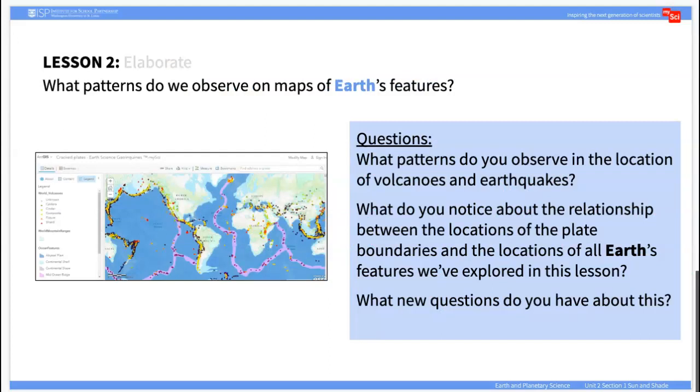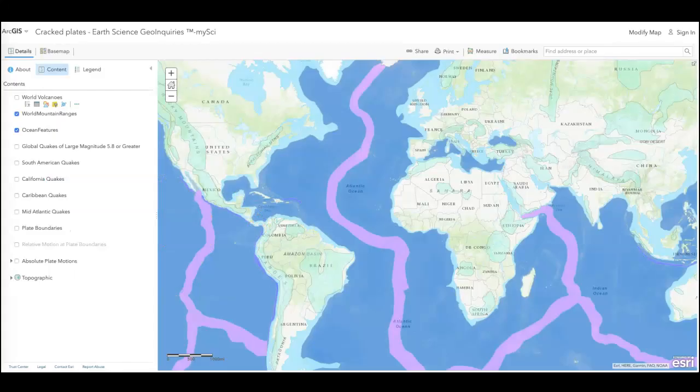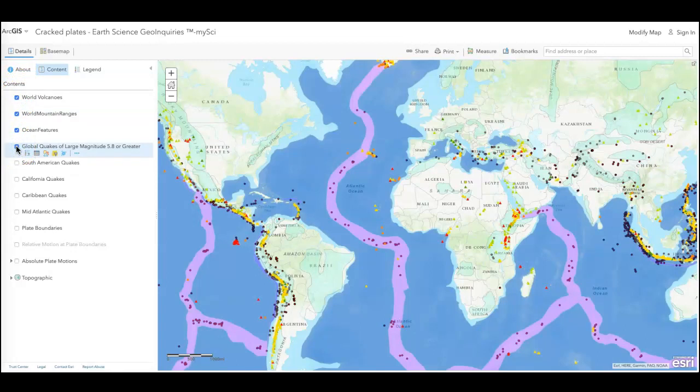In the Elaborate portion of this lesson, students will continue using the crack plates model. They will turn on the location for volcanoes and earthquakes, make observations, and record these observations in their student journals. Students should recognize volcanoes and earthquakes are concentrated in locations and often occur in close proximity to mountain ranges, trenches, and mid-ocean ridges. Next, students will turn on the plate boundaries on their map model and add their observations to